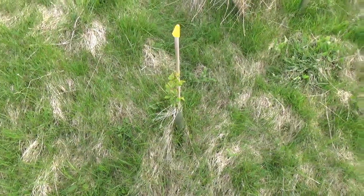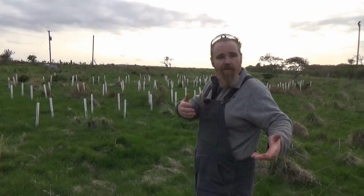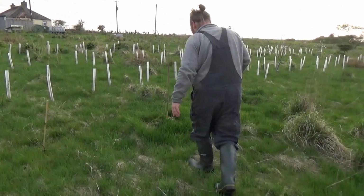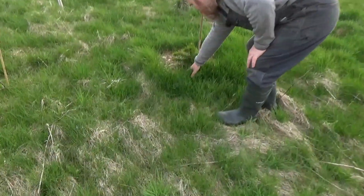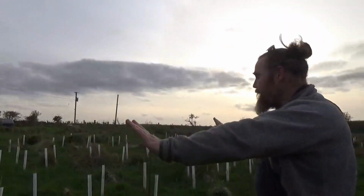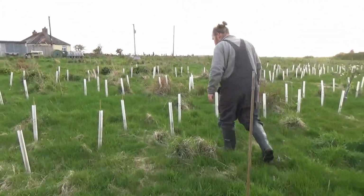Again, these are fairly closely spaced. At the point they start crowding each other out, we either select, prioritize one over the other and just cut the other, or we can dig it out and move it or sell it. It gives us options, but probably some of them will die off anyway. We've got, again, another monkey puzzle within this system, but then on the south side of that, right now we're into the main block of the